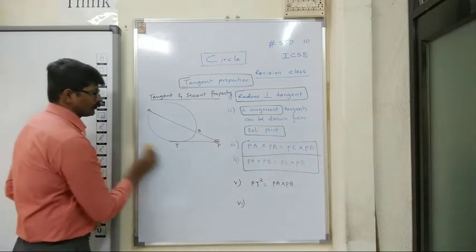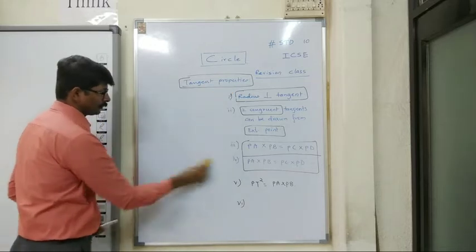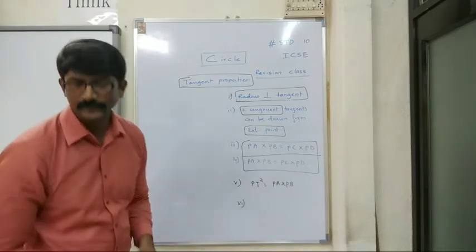So, what is this tangent secant property? In case you are finished, we'll go to the next property. What is the sixth property? Is